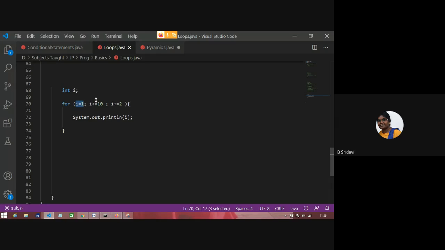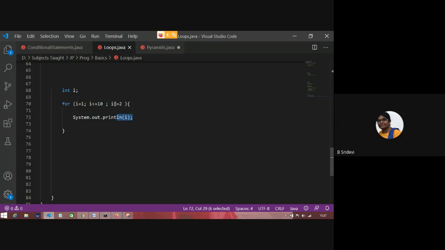Next, 1 less than or equal to 10 is tested. If it is true, it will go to the body. It will not execute the updation first, see the order. First initialization followed by expression. If it is true, it will execute the body. That means it will print 1. After the body, it will go to updation.